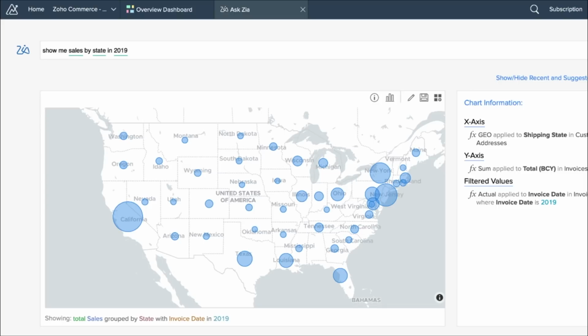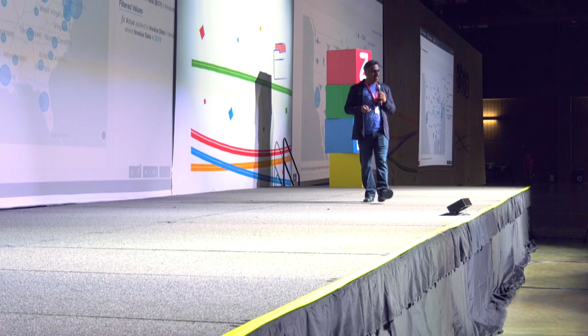That's a simple query we typically ask an IT person, and if you ask Zia, Zia will take your question, dynamically create a chart for you, and in this case, it realizes that you're asking for this information by state and creates a map for you, and it also highlights the information, in this case, a bubble chart showing how the sales are on a per state basis.